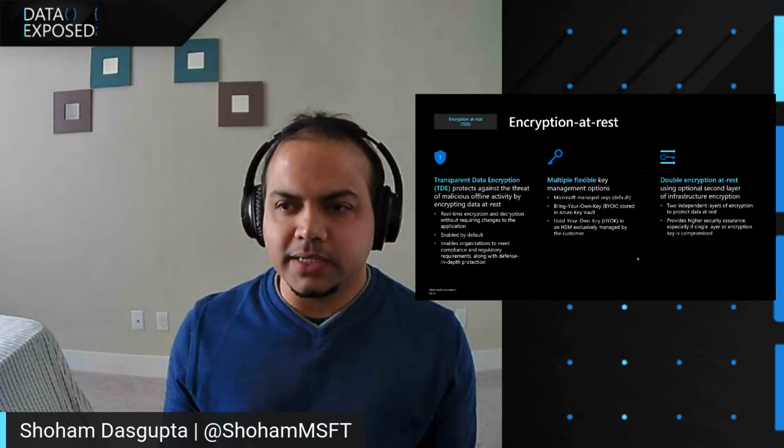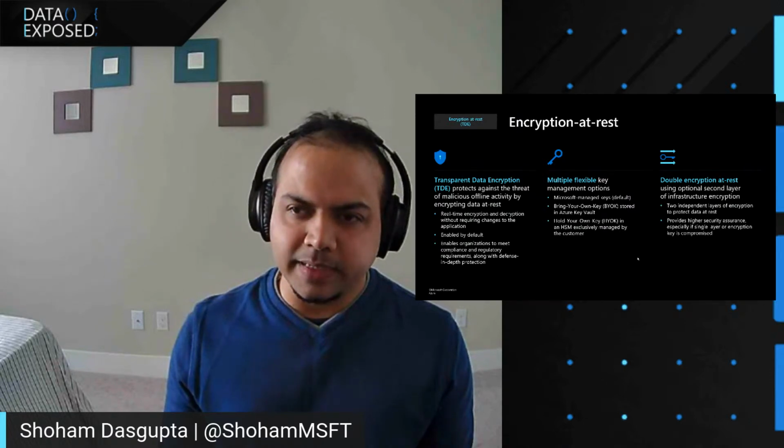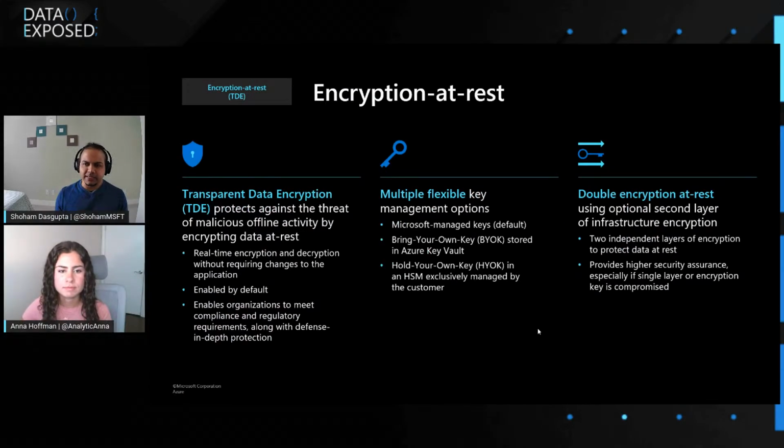And if it's not encrypted, then they would be able to read that data and get access to your sensitive data. So for this reason, we have the technology called Transparent Data Encryption, or TDE. It's a very popular technology that lots of SQL users already use. And this basically protects against the threat of such malicious offline activity by encrypting the data that is at rest